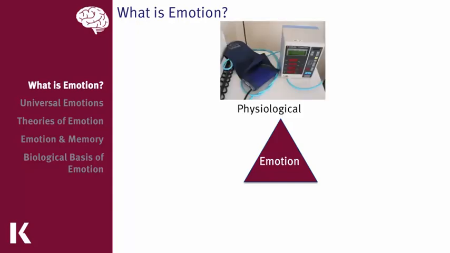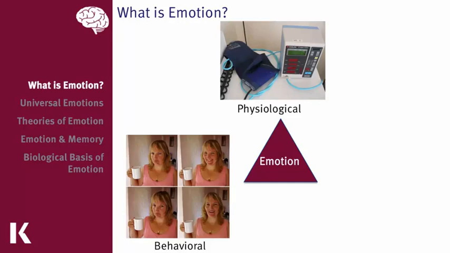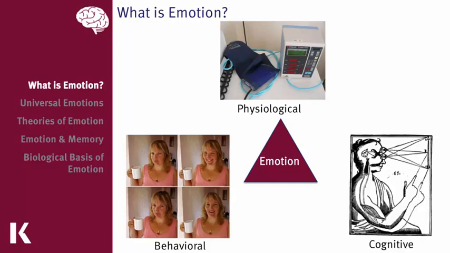The first being physiological. If you've ever been attracted to another person, you might have noticed that your heart rate or body temperature increased, or maybe even your respiration. And this is because you were triggering your autonomic system. And on top of that physiological reaction, you might have had some behavioral reactions where you smiled or waved at that person. And finally, there's a cognitive reaction where your brain tries to logically understand why you behave that way. Did I wave and smile at that person because I'm attracted to them, or did I feel socially obligated to do so?